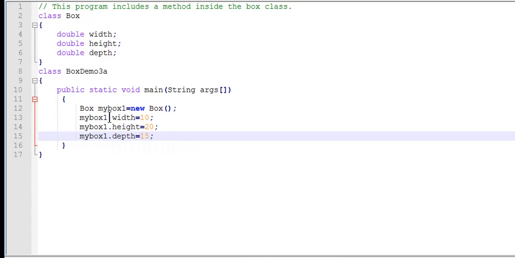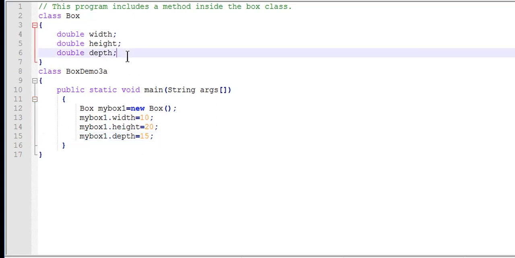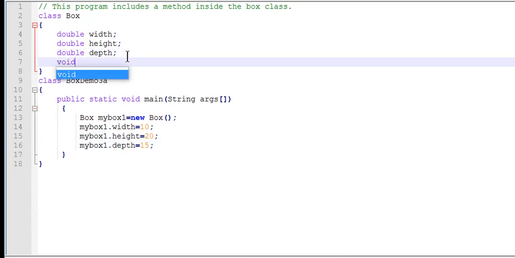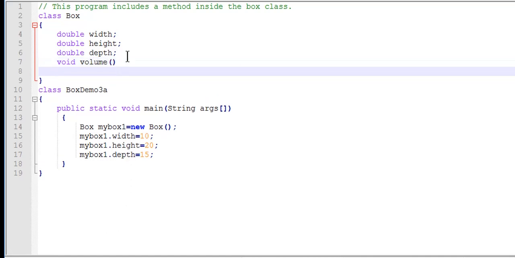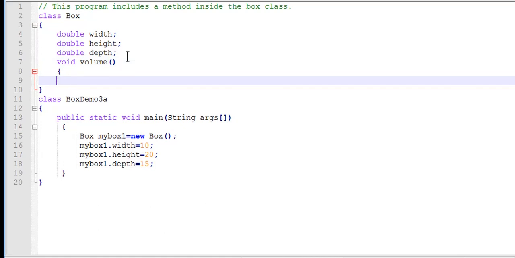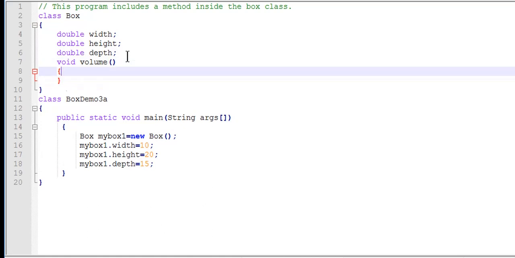Okay. Simple class. Now we are going to add a method called volume. This method is not returning any value, so void volume. The purpose of this method is to find the volume of this box and display that value.